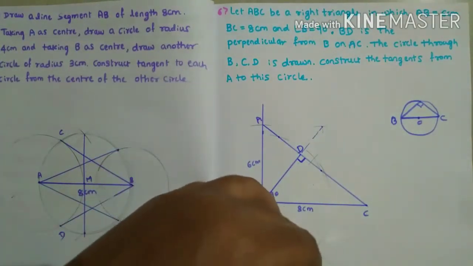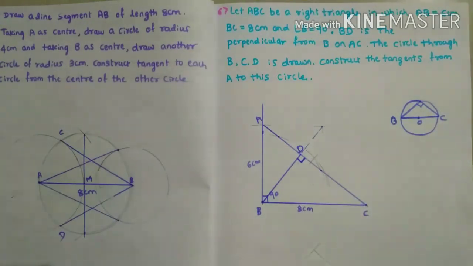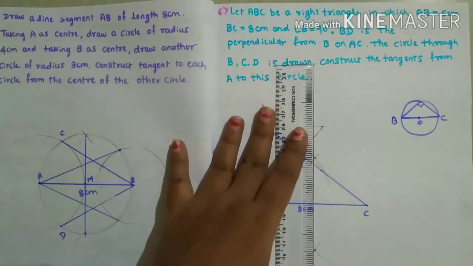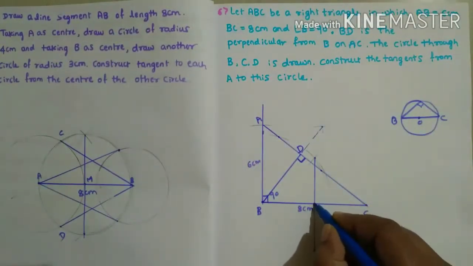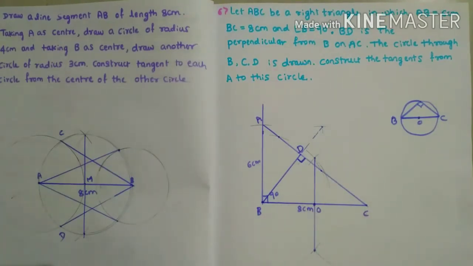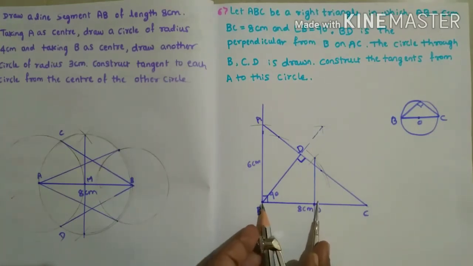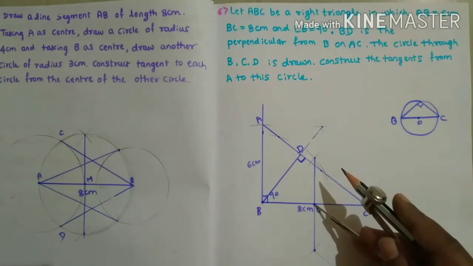Okay, if it is not intersecting, do it once again. Now we got two points, this one and this one. I'll join them. If you join them, we'll get the midpoint or center of the circle. I'll take that as O now. Now we got the center of the circle. You take like this, this is a radius of the circle. This BC is the diameter and OB is the radius. Now I'll draw the circle.